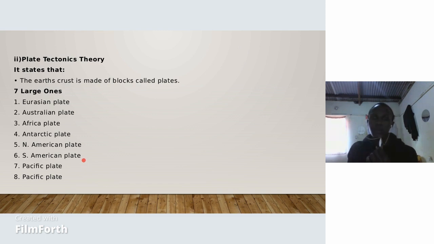Our last part we are going to study is the second theory, which is plate tectonic theory. This theory states that the Earth crust is made of blocks called plates. It results in the formation of these plates. One is the Russian plate, now called Europe, and the Australian plate, which is called